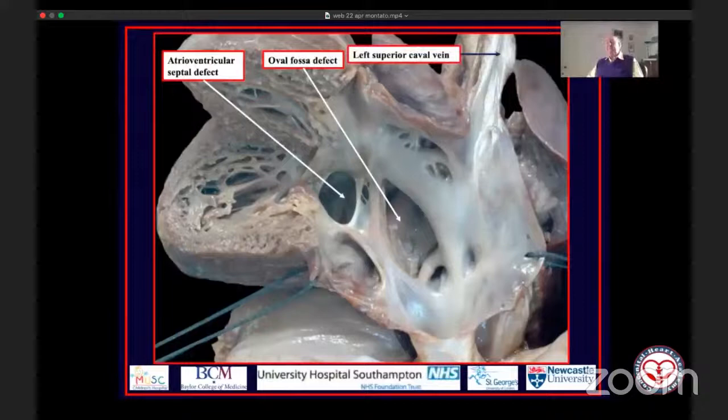And there is the left superior caval vein. And you will immediately see that the left superior caval vein is unroofed. The walls that should normally separate the left superior caval vein from the cavity of the left atrium are not there. You can also see the inferior caval vein obviously opening to the left of the location of the atrial septum,